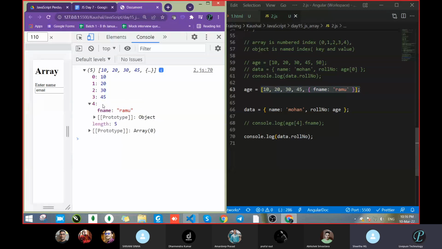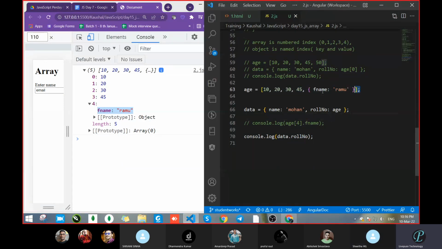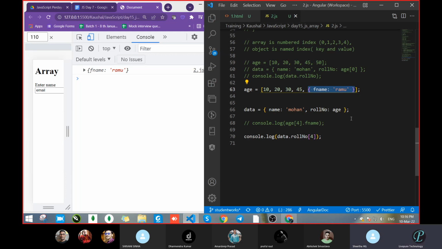Which one do we want now? We want this one, F name Ramu. What is the position of that? That is the fourth position. So how to get array data? Because now this is an array, not an object. Suppose by mistake I do dot. What will you write here? Because roll number is an array, so in the sense of array, a square bracket. Correct or not? Yes, sir. In the square bracket, we pass the position. What is the position of this data? Four. So pass this fourth. Now see, we got F name Ramu because on the fourth position, this is the data. We got the complete data there.